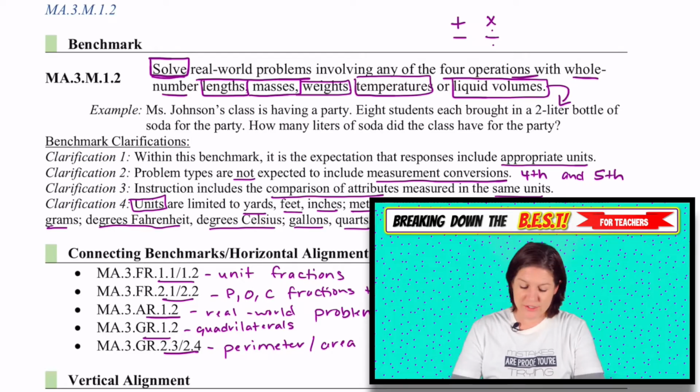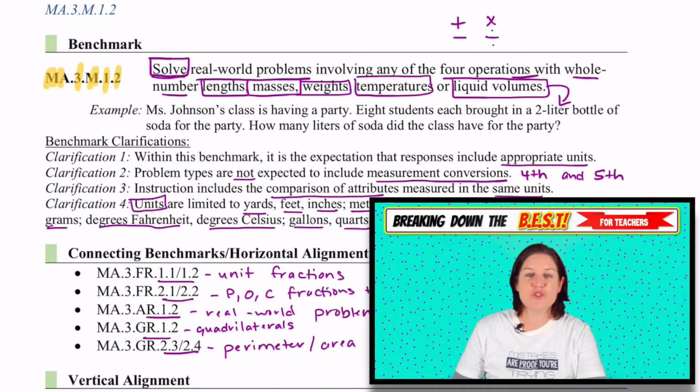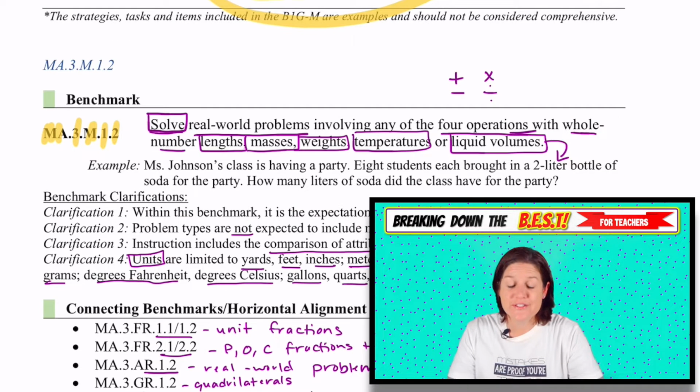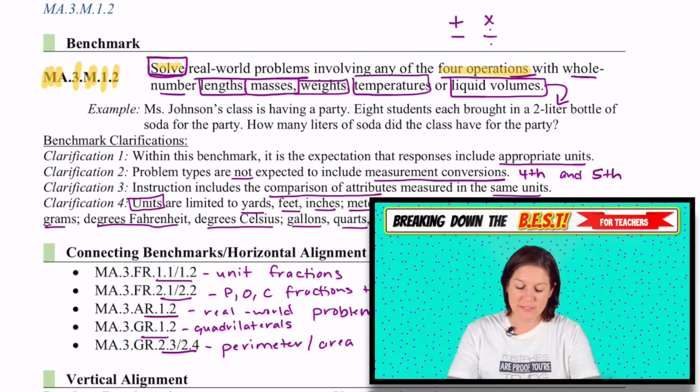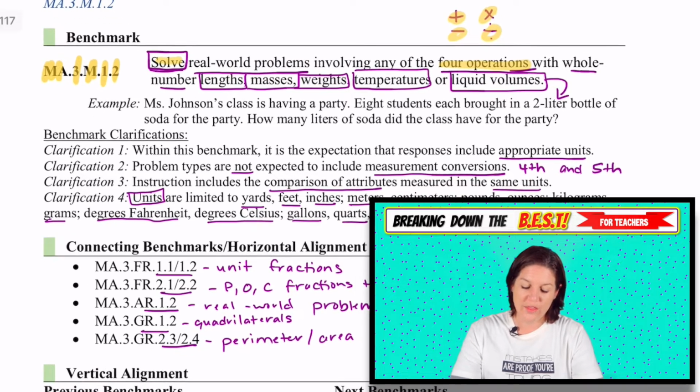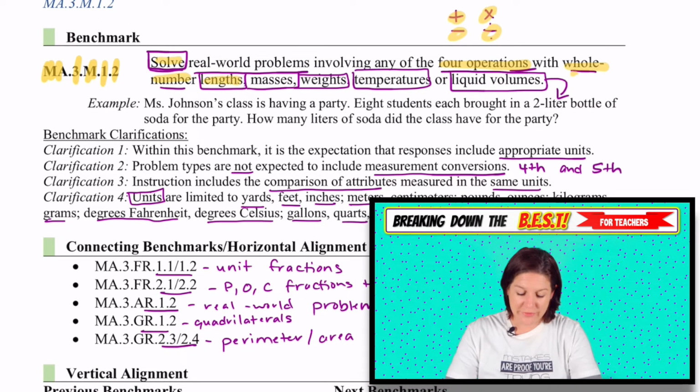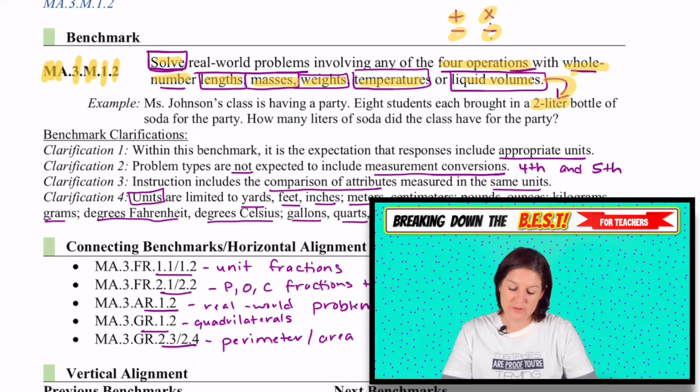All right, today's standard is MA.3.M.1.2. That's right, and this standard says to solve real-world problems involving any of the four operations. That means addition, subtraction, multiplication, and division with whole number lengths, masses, weights, temperatures, or liquid volume. For instance, in this example, we've got a 2-liter bottle of soda right there, so that would be an example